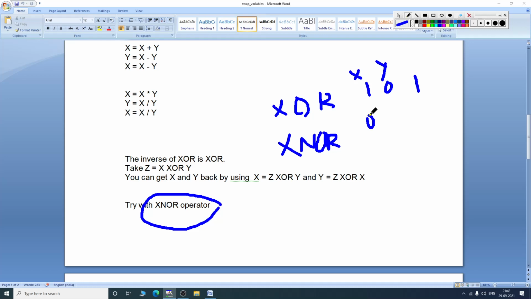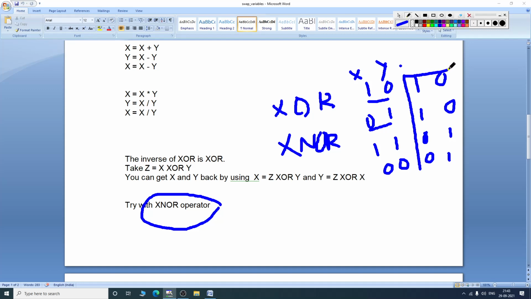And if X is 0 and Y is 1, it gives the output as 1. If both X and Y are the same, either 1 1 or 0 0, it will give the value as 0. Whereas XNOR does exactly the opposite of XOR. So in XNOR, 1 0 gives 0, 0 1 gives 0, 1 1 gives 1, and 0 0 gives 1. So we can also use XNOR, because the output is just the opposite of XOR.